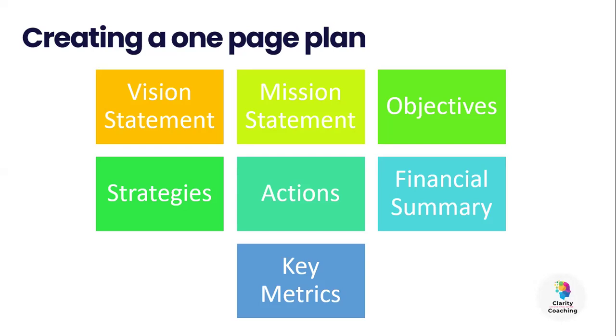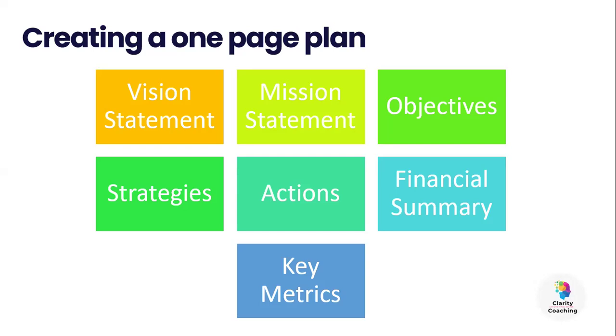So the next page on here is action. So what are our action plans? What are the specific actions that we need to take to implement those strategies that we've just looked at? So for example, under product development, we might have research and develop new formulas of cleaning products, source sustainable and eco-friendly packaging materials. Under marketing, we might have create a social media content calendar and schedule posts. And we might have contact local influencers and negotiate promotional deals.